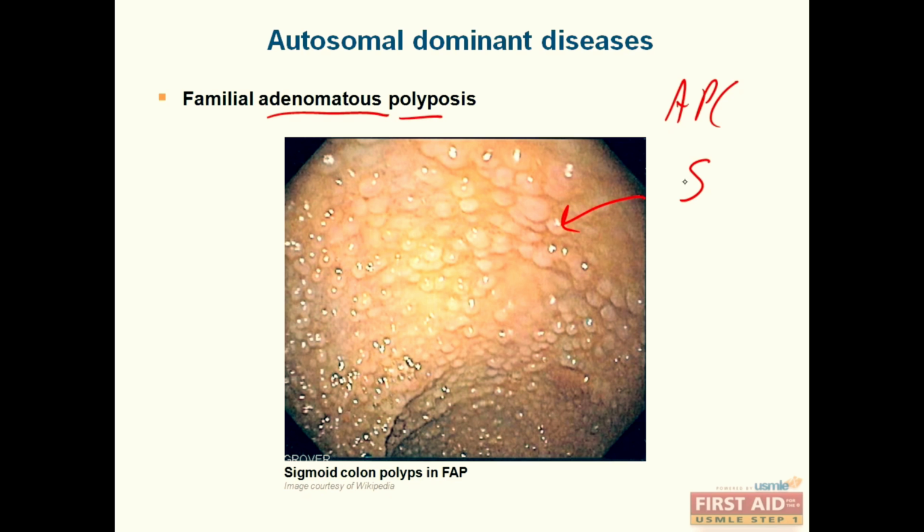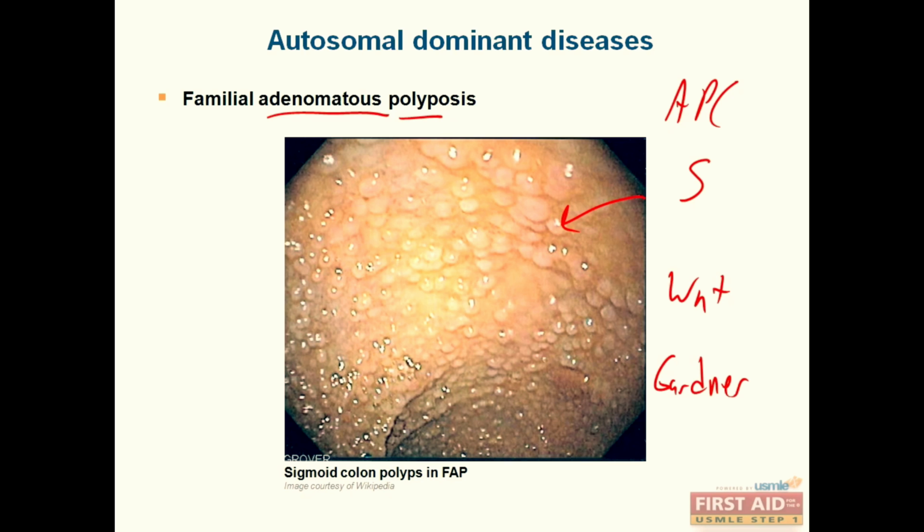The APC gene is part of the Wnt signaling pathway, which you'll learn more about in the reproduction lectures, and this mutation basically simulates constitutively active Wnt signaling, so it's kind of like the unusual growth years because the cells think that they're still in a developing embryo. Gardner syndrome, which is described in the GI chapter, is also caused by a mutation in the APC gene, but can be distinguished from familial adenomatous polyposis by the presence of osteomas, or bony growths, on the mandible or the